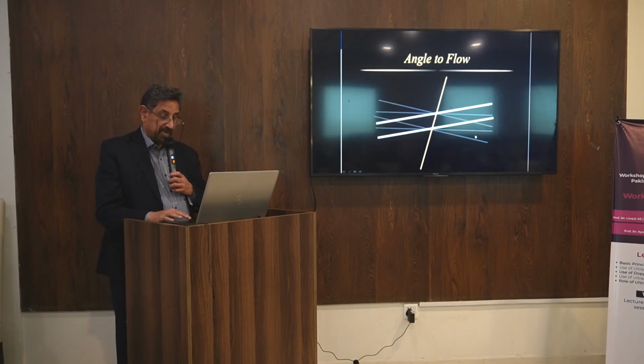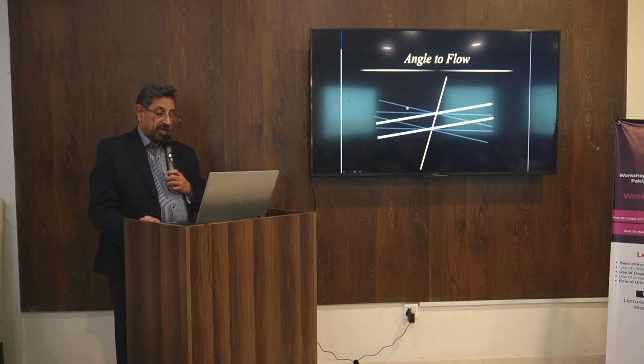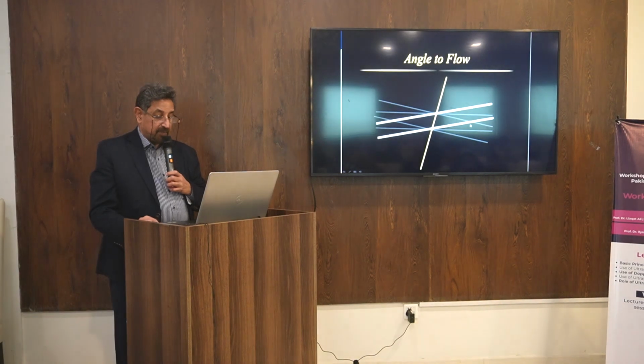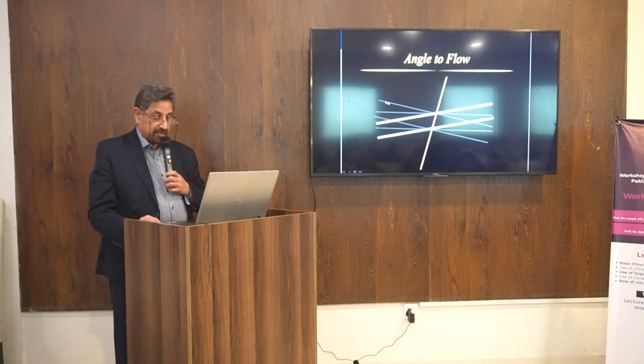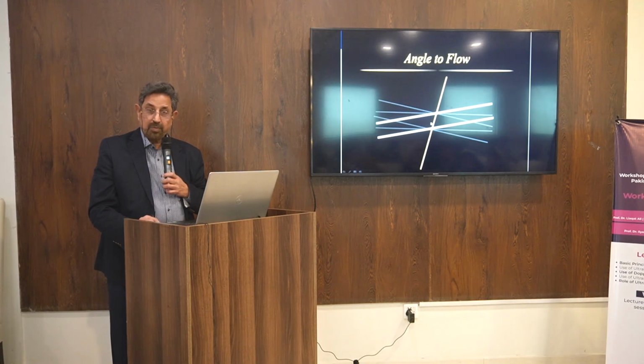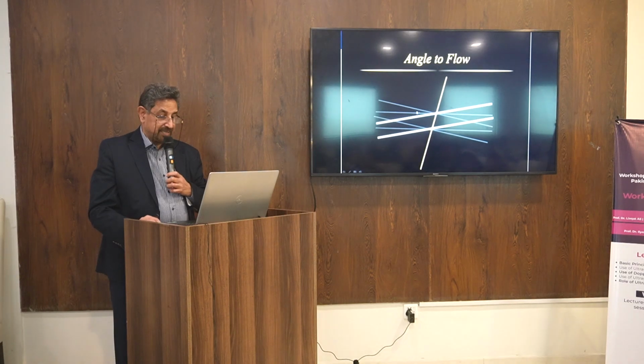So we'll get a good spectrum. If this is the vessel, then we are at 90 degrees, right? If the vessel is this, then at 90 degrees, will we get any flow? We won't. Then this is near 60, the second one. Again, we'll get a lot of error. So this is better, and this angle is definitely less than 60. So that's how to place the cursor line to get a good flow.